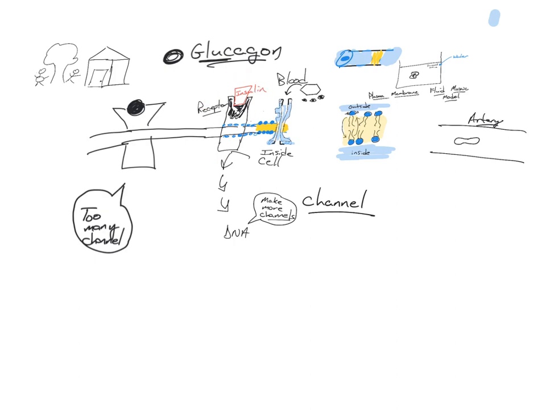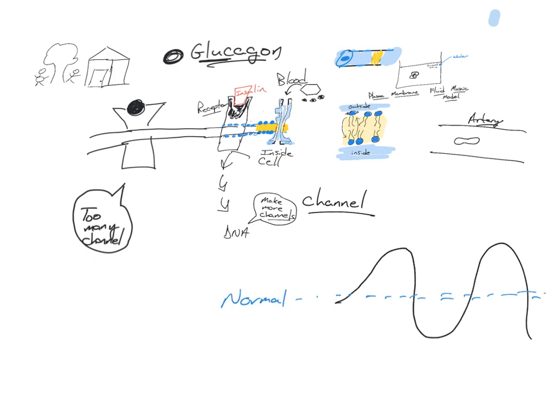So your blood glucose is constantly going up and coming down, but it stays around some average number. This is the number you want to stay at. This is normal. Sometimes it's a little higher, sometimes a little lower, but you want to stay around this over time. And this is how it does it. One hormone says, hey, get rid of the channels. The other hormone says, put the doors in. Take the doors out, put the doors in. That's happening all the time.